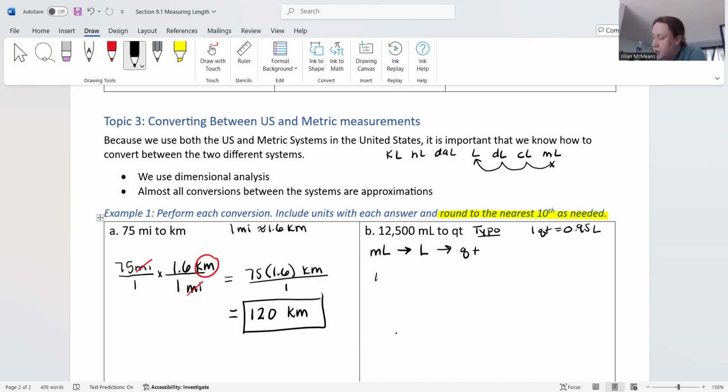All right. So if I have 12,500 milliliters, I would take my decimal, which I don't see one, so that tells me it's at the end of the number, and I would move it to the left 1, 2, 3 times. So I would get that this equals 12.5 liters. So I can then take 12.5 liters,